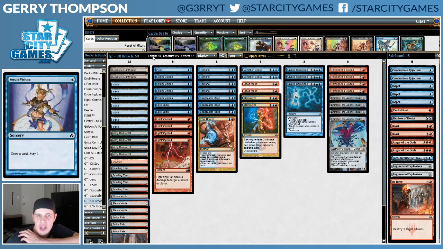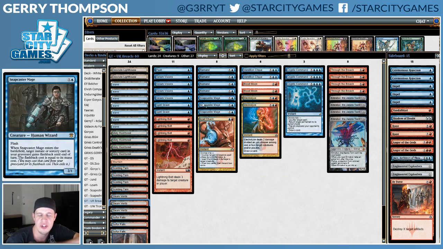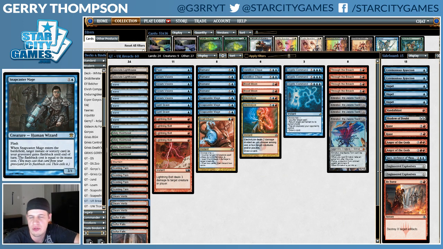So yeah, I think I like the way this main deck is constructed. 3 Snapcaster Mage might be kind of odd, but again, this is not a super heavy grindy deck, nor is it necessarily trying to kill you with Snapcaster Bolt, so I think 3 is a pretty reasonable number. Yeah, I have no issues with this main deck whatsoever. I really like the way that it is constructed, and